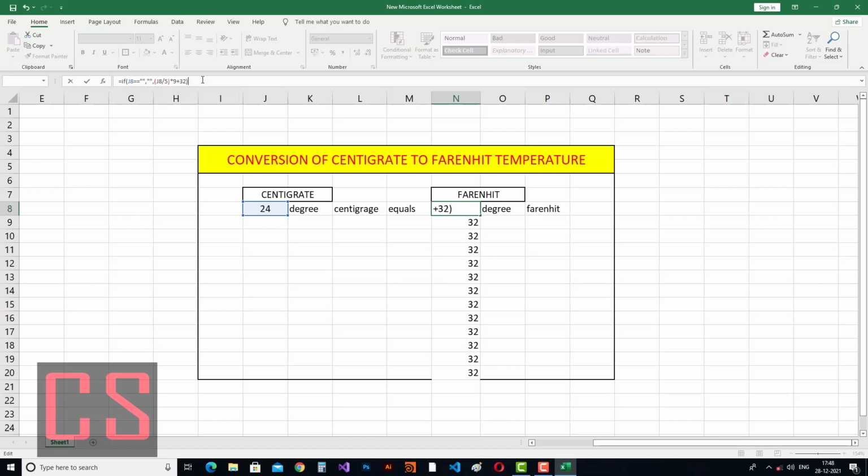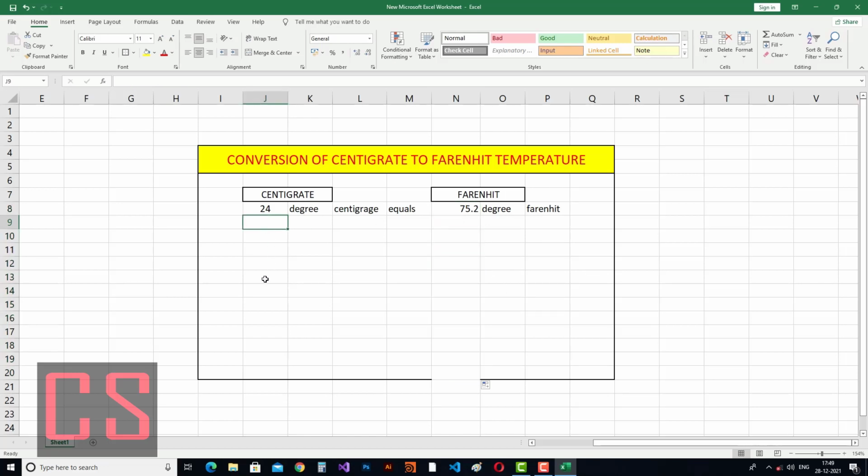So if I press enter, okay, double equal is not available here, the single equal is available.